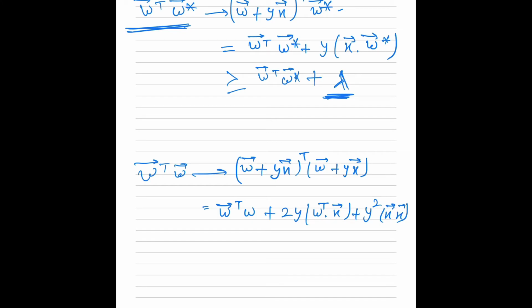Now we know that we misclassified a point, which means y w* x must be less than 0, and y squared is always 1. As we normalized our x, x squared will always be less than or equal to 1, because I normalized my x to be less than 1, and its square will also be less than or equal to 1. So my overall expression would be w transpose w plus 1, which is less than or equal to w transpose w plus 1.